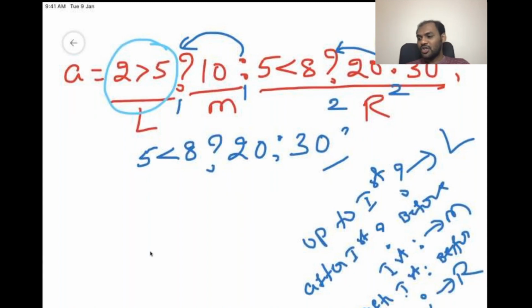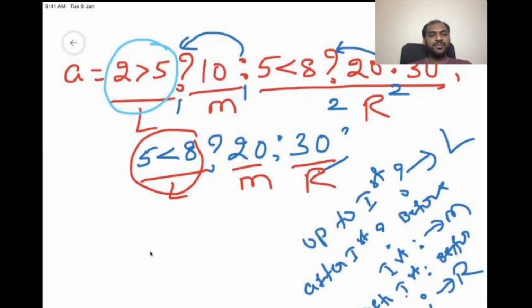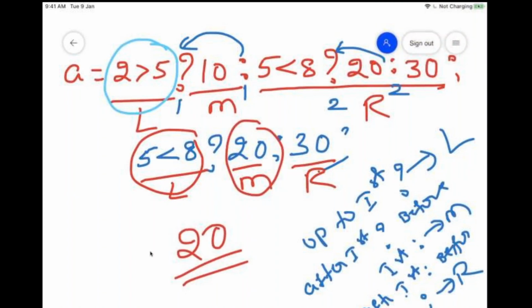Split: question mark, left; this is middle; this is right. 5 less than 8. Is it true or false? True. If it is true, what is the returned value? Middle part. So the output is 20.